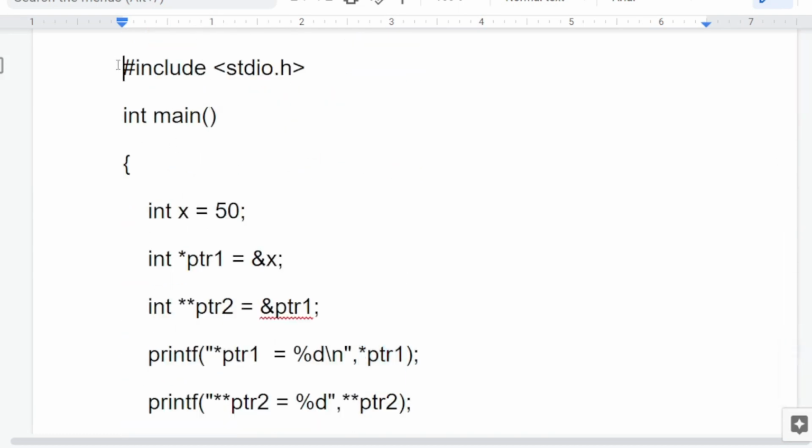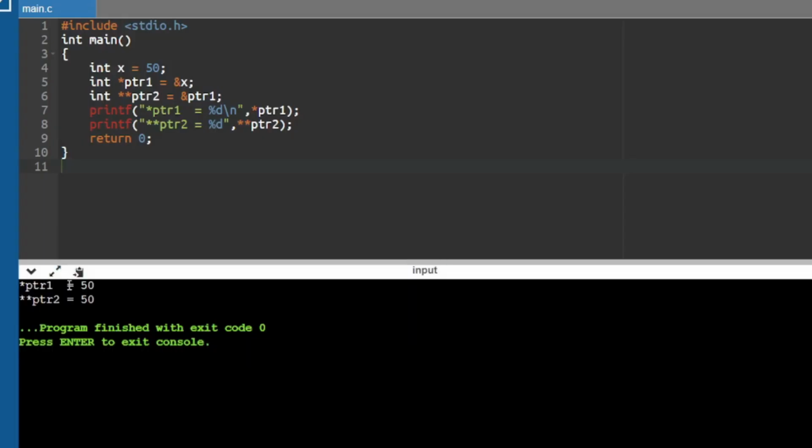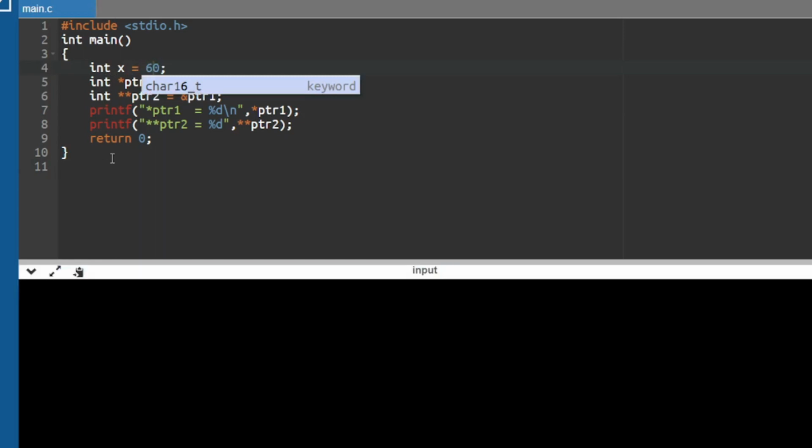We'll execute this program. When I run this program, *ptr1 equals 50 and **ptr2 equals 50, because x equals 50. Suppose I change the value of x to 60 and run the program. The value of *ptr1 equals 60 and **ptr2 equals 60. Continuing to the next part,